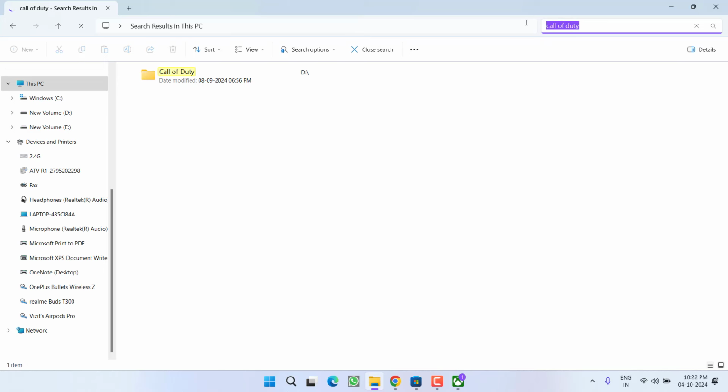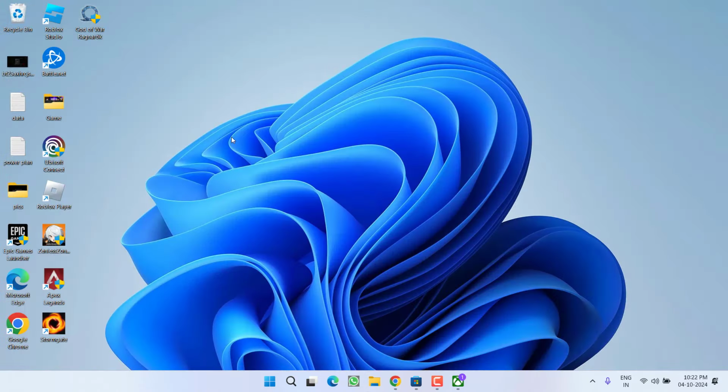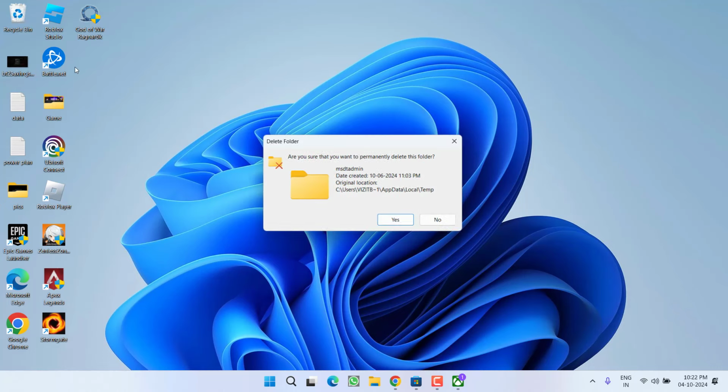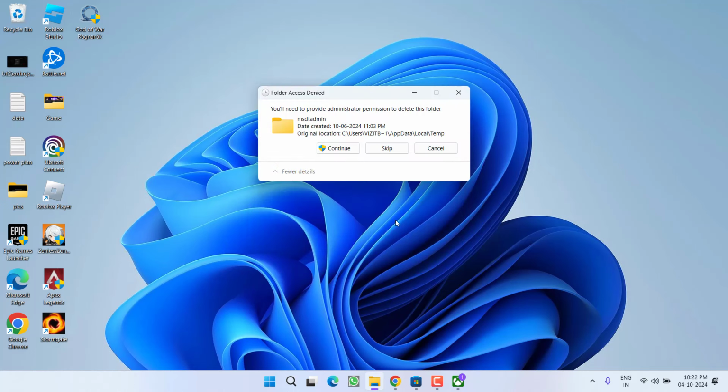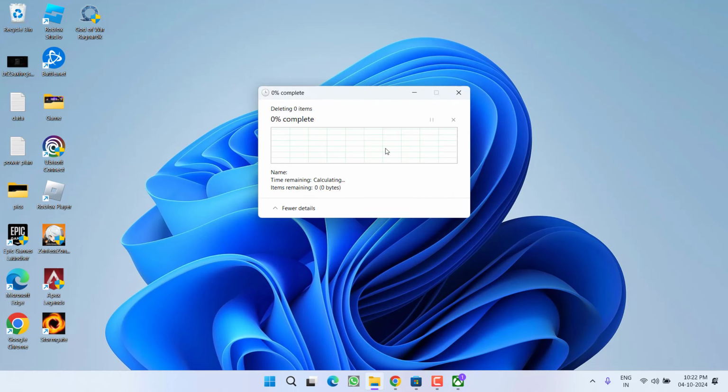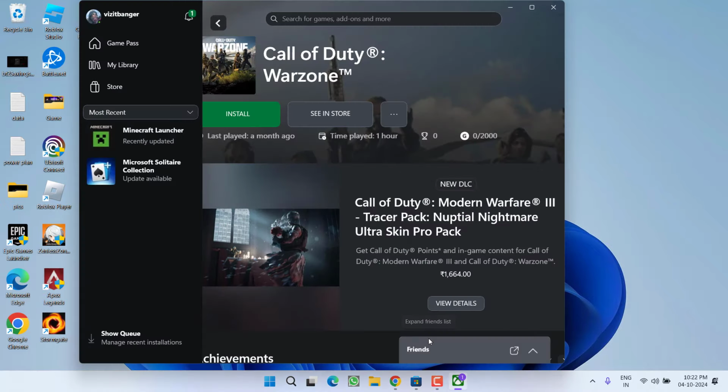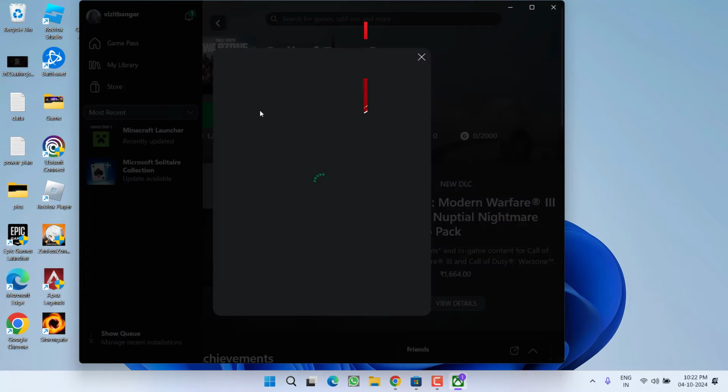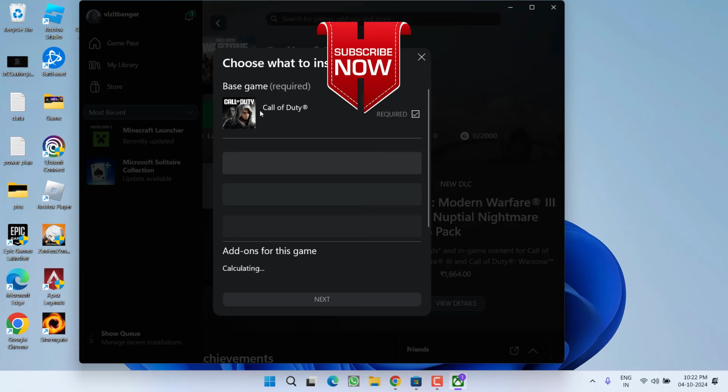After deleting Call of Duty files, again type in Warzone, and if any files are present right over here also, you need to delete the Warzone files too, no matter if you have 10 or hundreds of files. Make sure you completely delete all the files and then delete them from the recycle bin also. After deleting from the recycle bin, relaunch your game, relaunch your Xbox Game Bar and then try to install the game, and this will completely fix the issue of Call of Duty Warzone game features fail to load. Try installing the app.